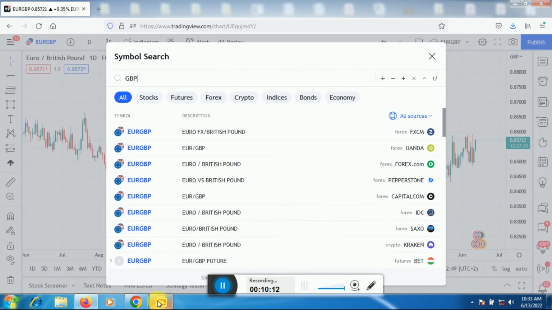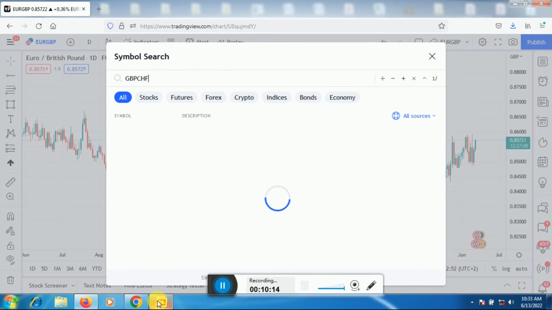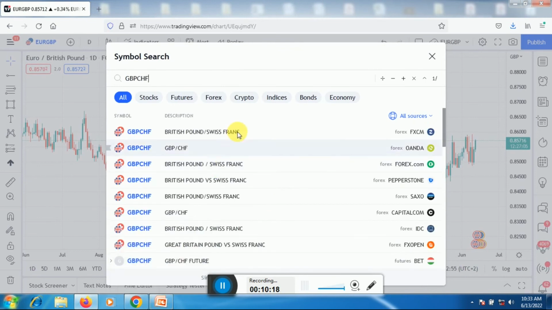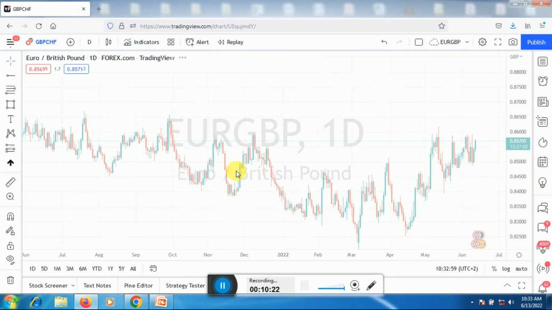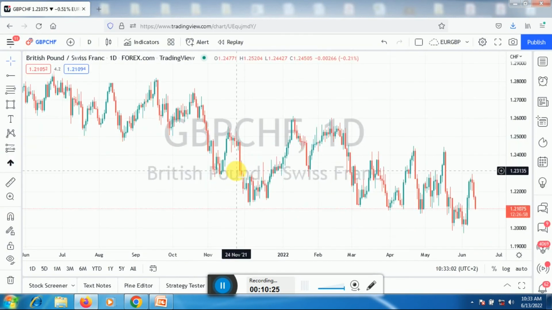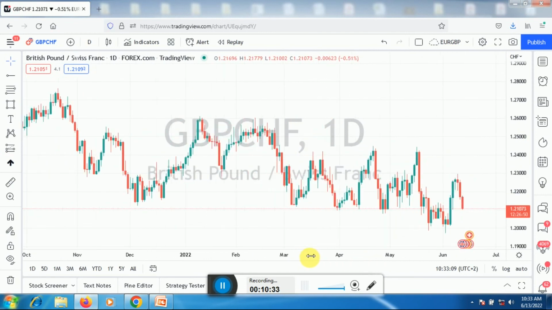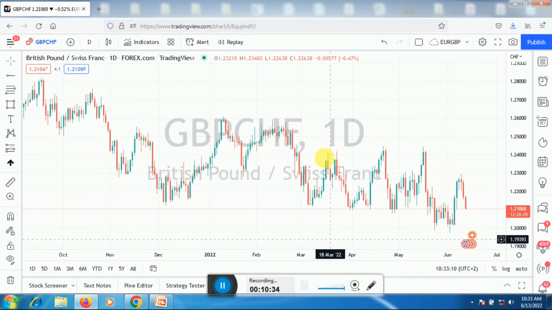So EURGBP is slow moving, but GBPCHF is moving a bit faster, but still it is quite good for swing trading. A person who is a swing trader knows that from this level here, they should try